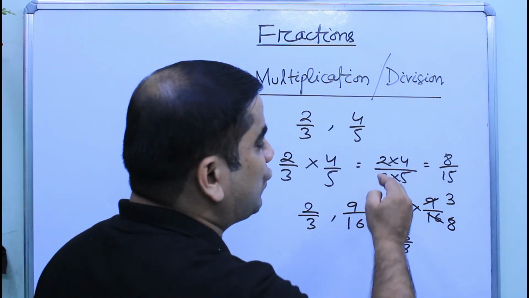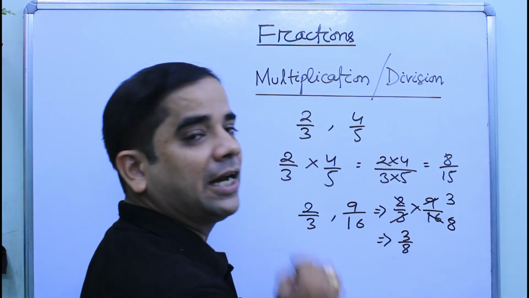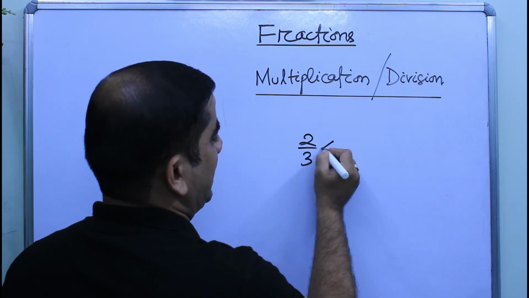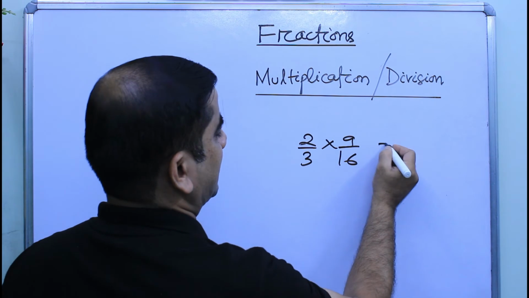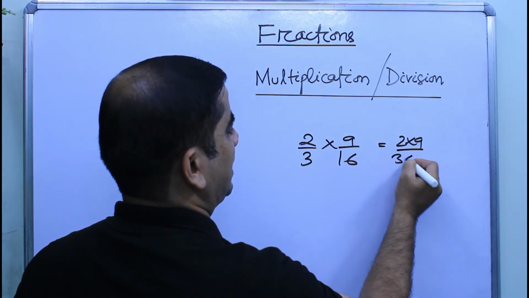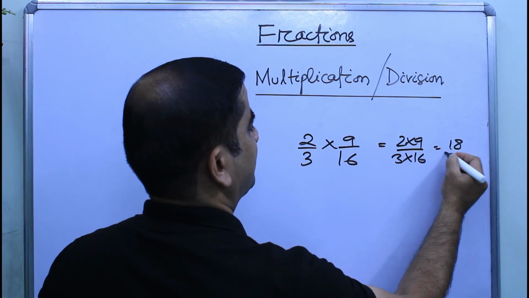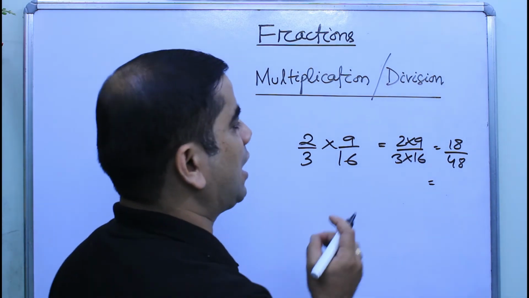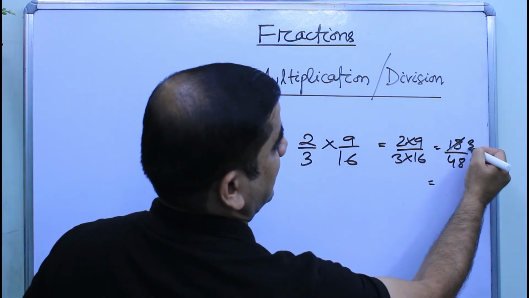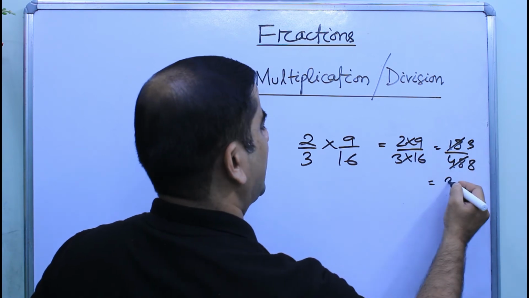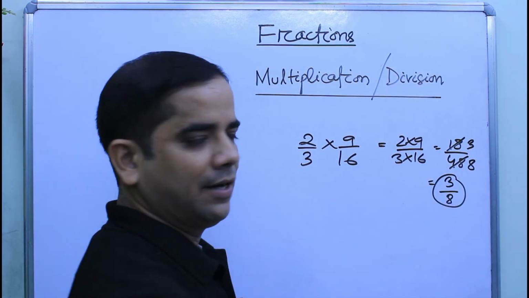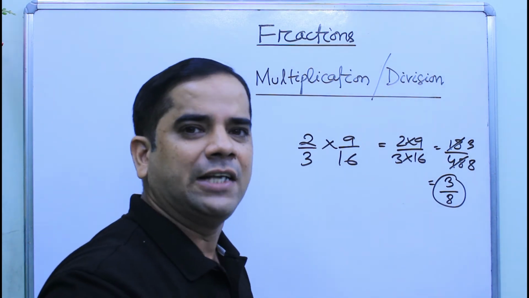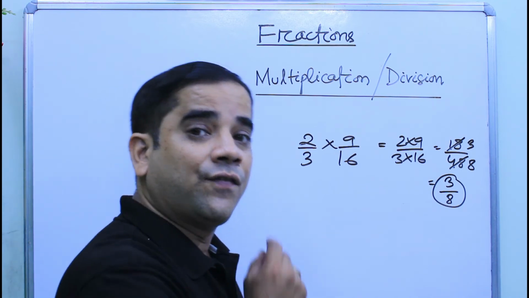Students, let us now see if we don't do the division part here itself. Okay, so 2 by 3 into 9 by 16. It gives us 2 into 9 divided by 3 into 16. That is 18 by 48. Now here also we have to reduce the fraction. That is 6 threes are 18, 6 eights are 48, and it gives us the answer 3 by 8. In this way also you can do the multiplication. But I always advise you all to go for the first procedure.